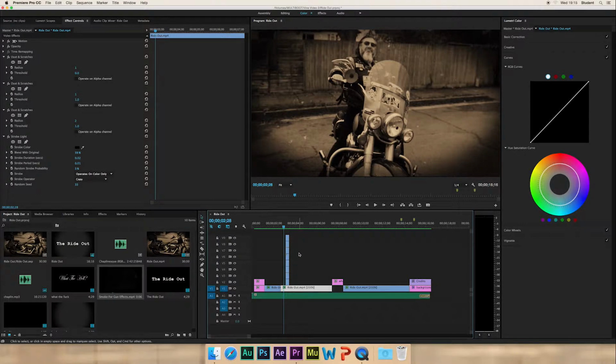So yeah, obviously I've added quite a few smokes. There's 1, 2, 3, 4, 5, 6, 7, 8 smoke effects here. Basically what I did was I just dragged one in and then just kept dragging it in. I've also edited the brightness and contrast of the smoke to darken it a little bit. So yeah, that works really well, and it nicely covers the transition from the motorbike to the tricycle, which is